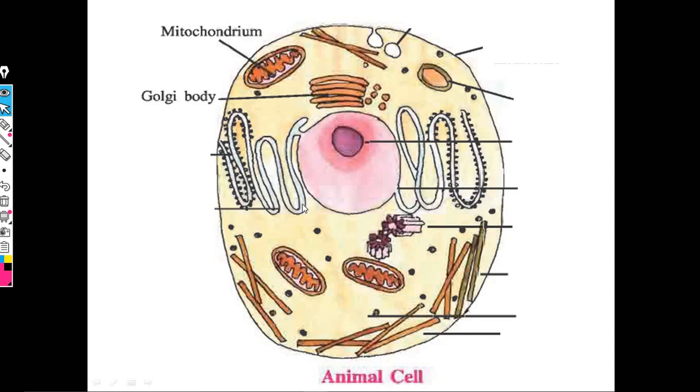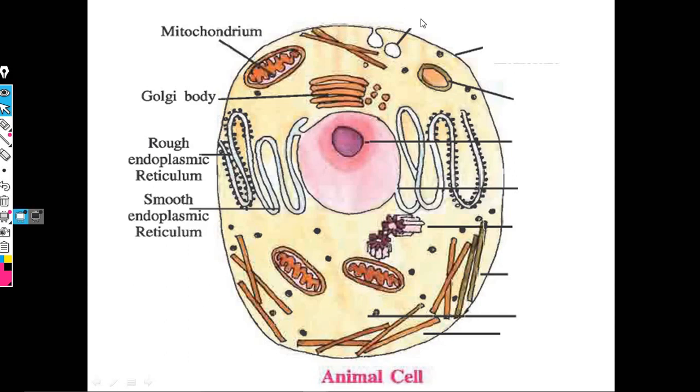Here it is a tube-like structure which is covering the whole cytoplasm. Can you name it? Yes, definitely it is the endoplasmic reticulum. But whether it is rough or smooth, you also need to identify. Here it is rough endoplasmic reticulum. Why do I call it rough? Because of the presence of ribosomes. This one is also endoplasmic reticulum, but it does not have ribosomes. That's why it is smooth endoplasmic reticulum. Let's move to this side.